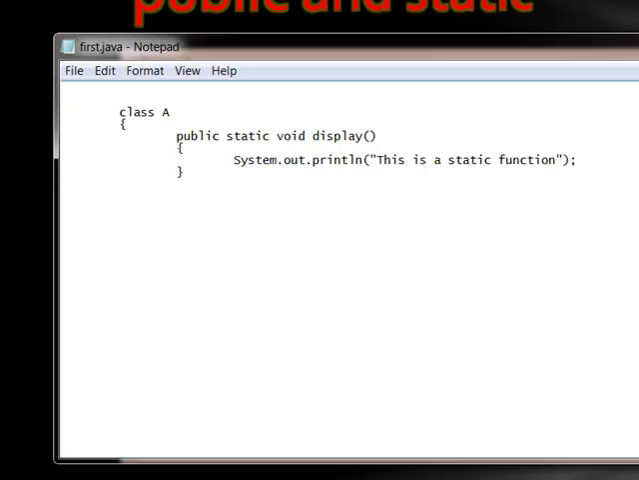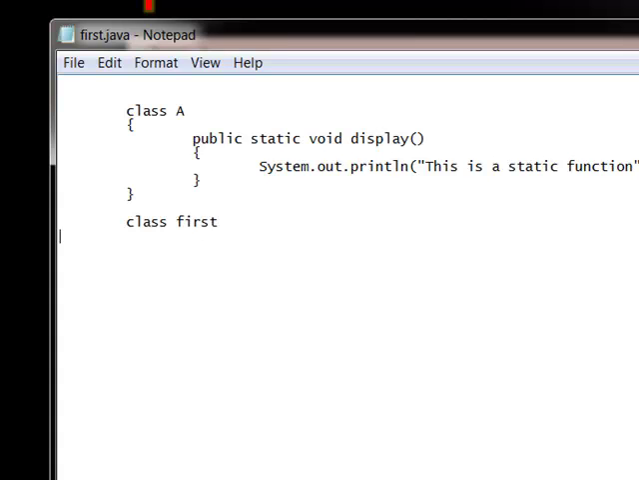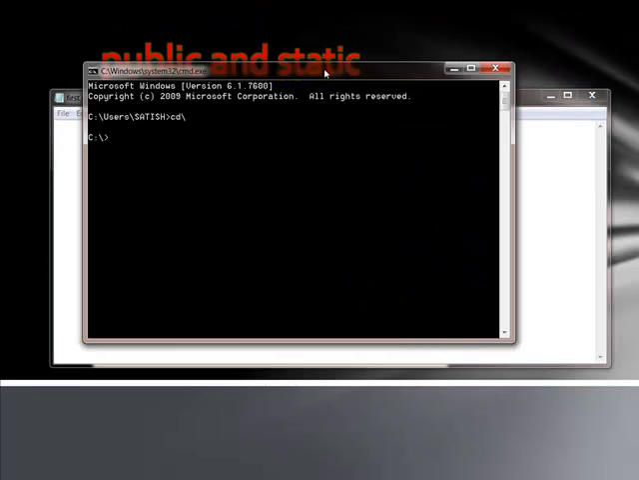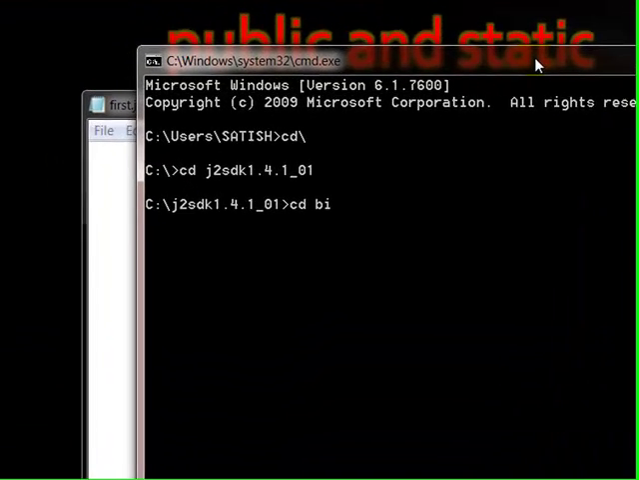Let's write an example. Here we have two classes, class A and class first. Class A contains a method called display, which is assigned static as well as public. Using static keyword, we can access display method using its class name, that is class A, instead of its object name. So save the program, open the command prompt,